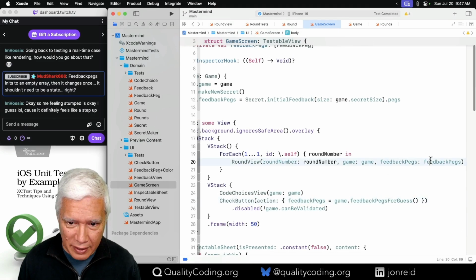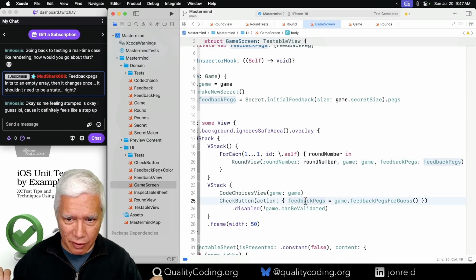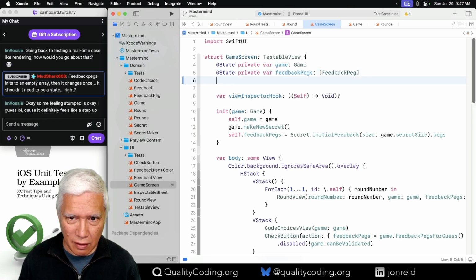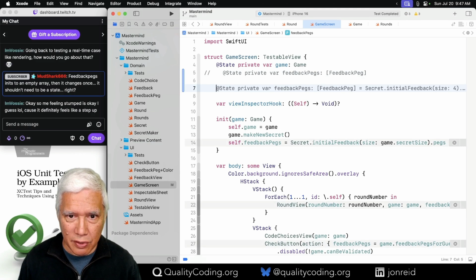We've got it coming in here and we're changing it here. How to do this in a safe way? And I think that what I want is to use computed properties. Let's see here.